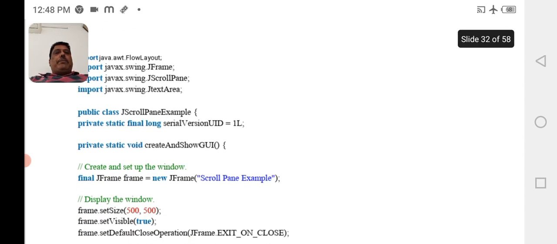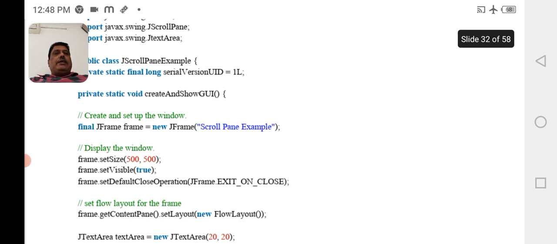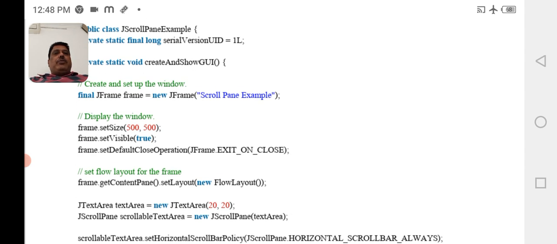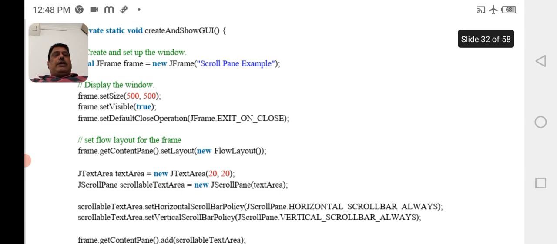Public class JScrollPaneExample, public static final long serialVersionUID equal to 1L, private static void createAndShowGUI, final JFrame frame equal to new JFrame("ScrollPaneExample"), frame.setSize, frame.setVisible, frame.setDefaultCloseOperation(JFrame.EXIT_ON_CLOSE),